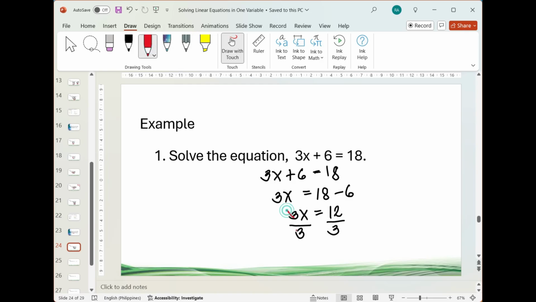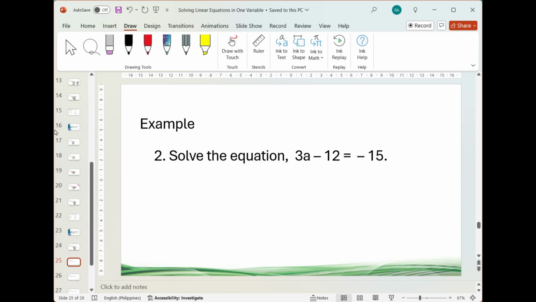So 3 divided by 3 is cancelled. So magiging x na lang ito. 12 divided by 3, that is equal to 4. So therefore, ang sagot natin here is 4. X is equal to 4. Another example, let us solve the equation